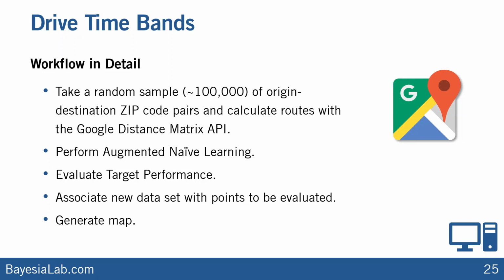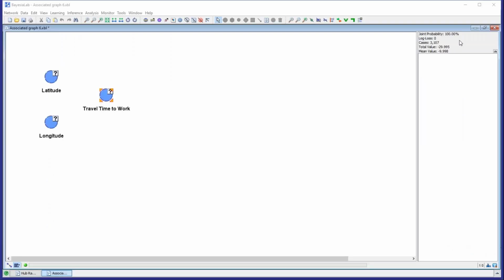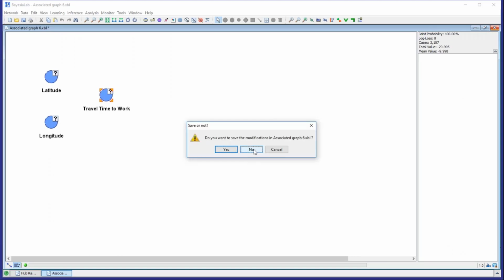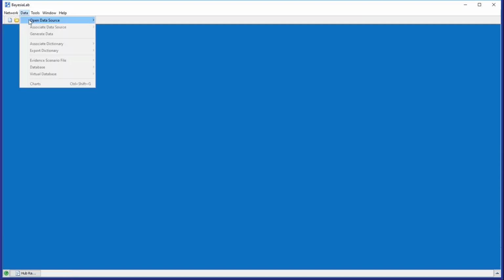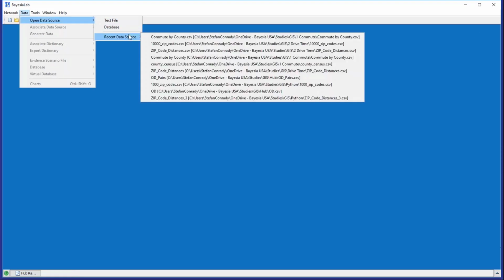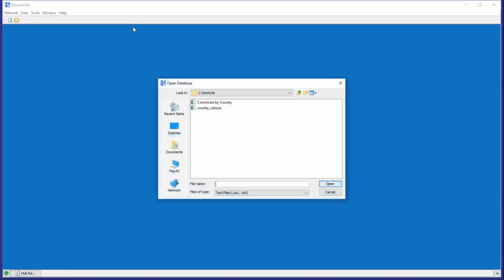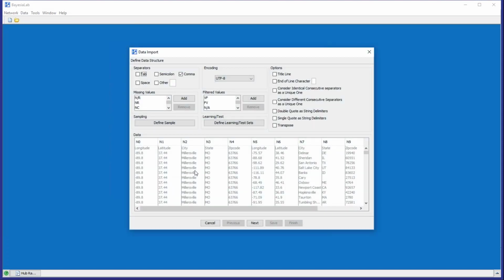So let me switch back into BayesiaLab. Okay, here is what we had before. We can close that now. Okay, and now I'm opening this data set with the zip code pairs that I have mentioned. So this is in this file. So here is my data set,